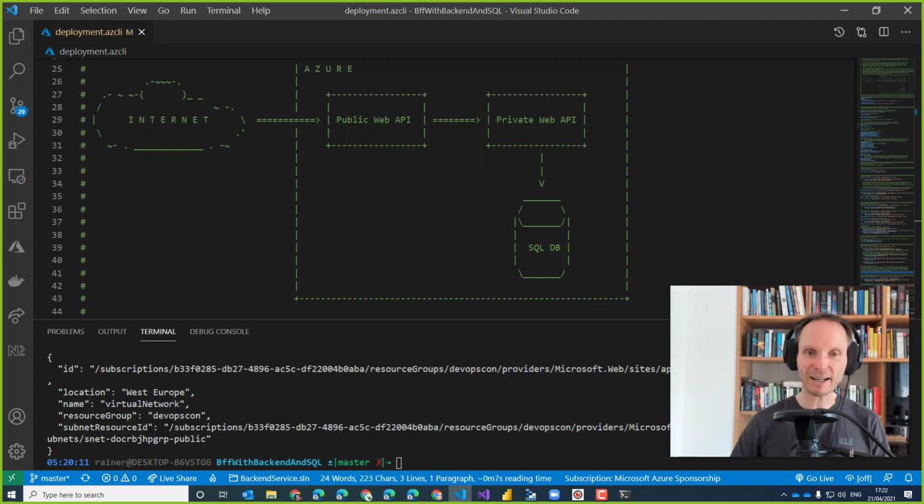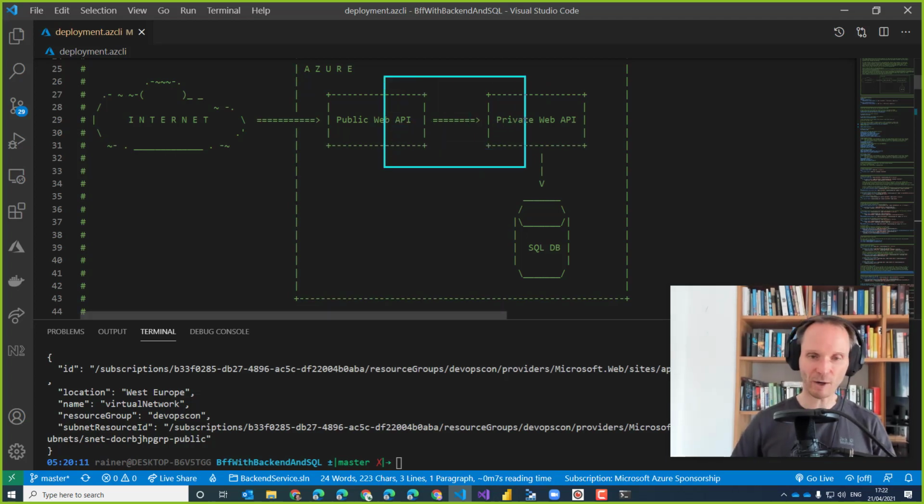So the correct drawing would look something like this. The private web API would have a private endpoint here. The public web API would access the private endpoint here, and the private web API, because of the VNet integration, would, if I put it that way, use again a private endpoint of the database to access the database inside the VNet. So essentially, this service here, this platform as a service offering is still running outside of my VNet, but through the private endpoint, I force the private IP address to be addressable inside of my VNet.